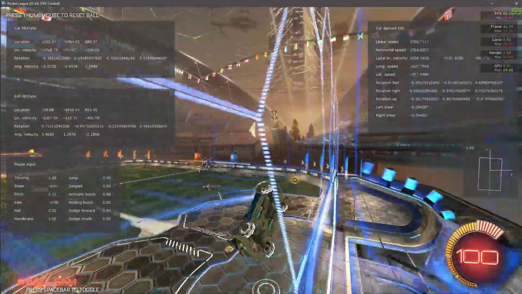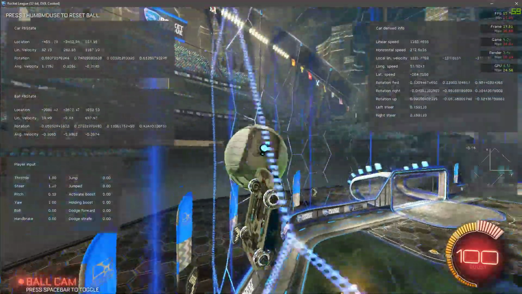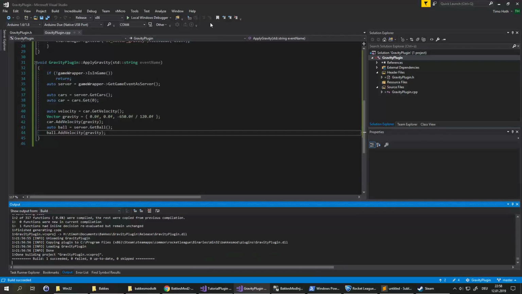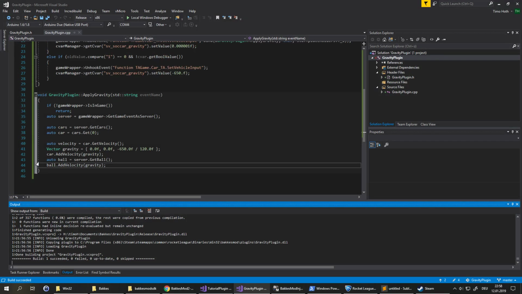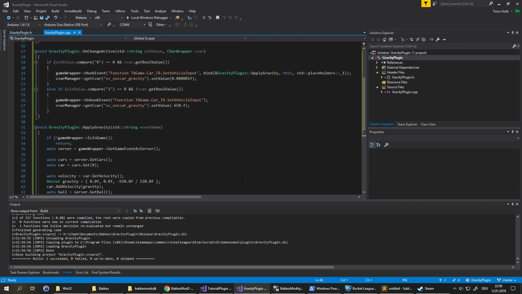Now the actually interesting part, why you would want to use it, is to actually change the direction, right? And the strength. So we need to change this vector, gravity. So